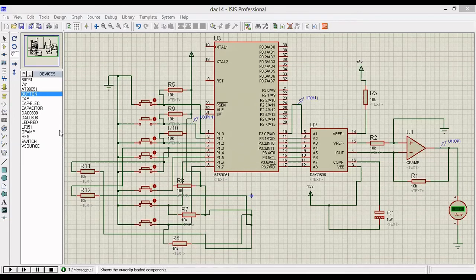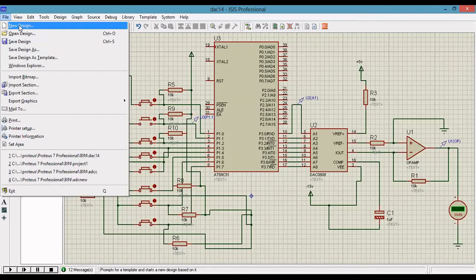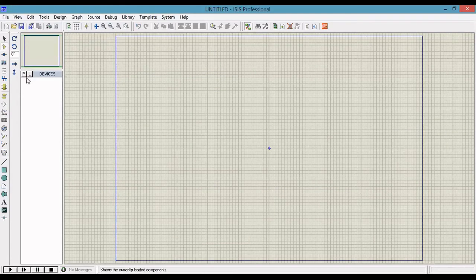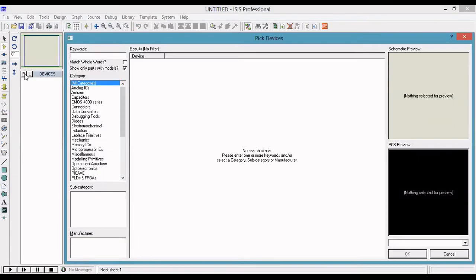So I'm going to design the circuit using the Proteus software. I'm going to show the output in the Proteus software. First you close this, or otherwise you take a new file. The first important thing is the block diagram of the 8051 microcontroller.